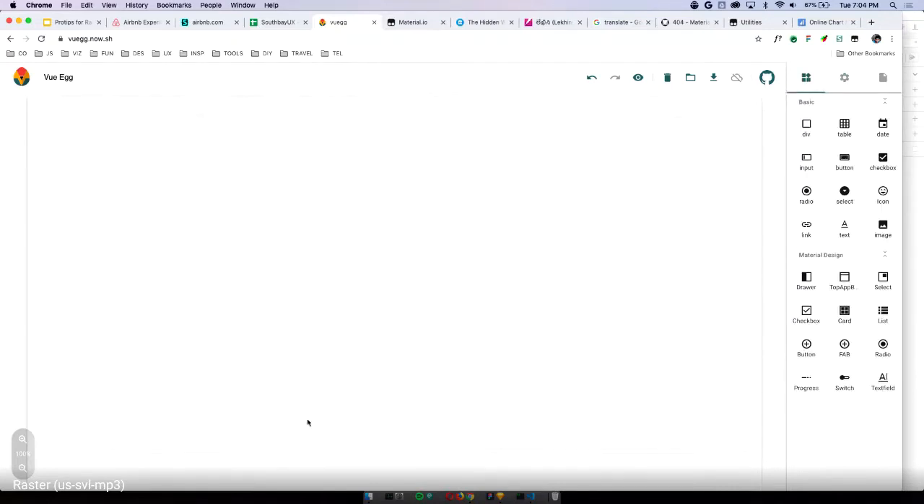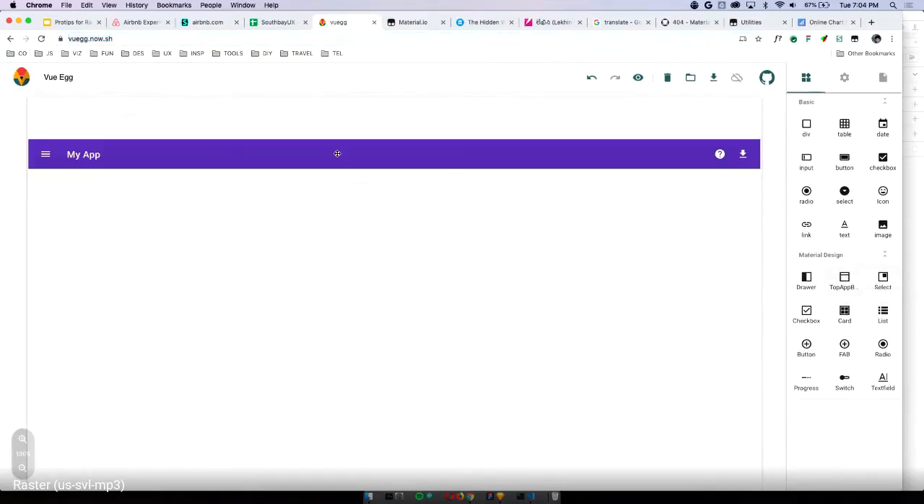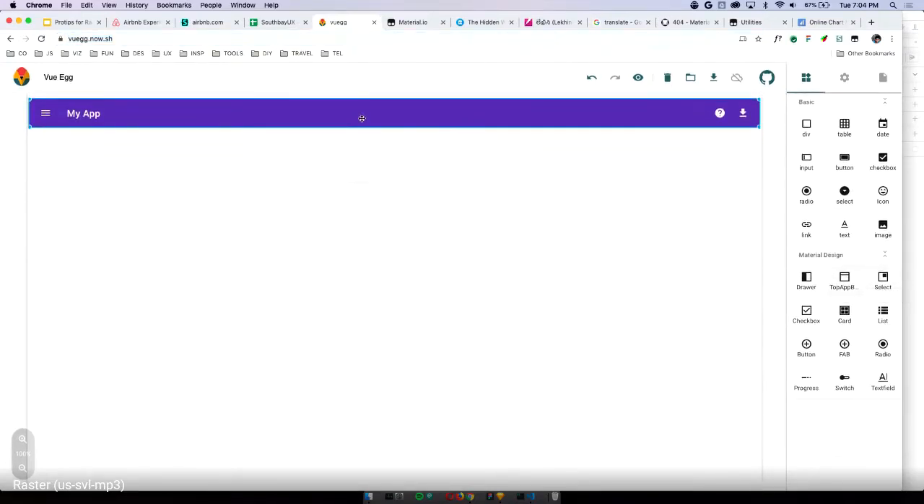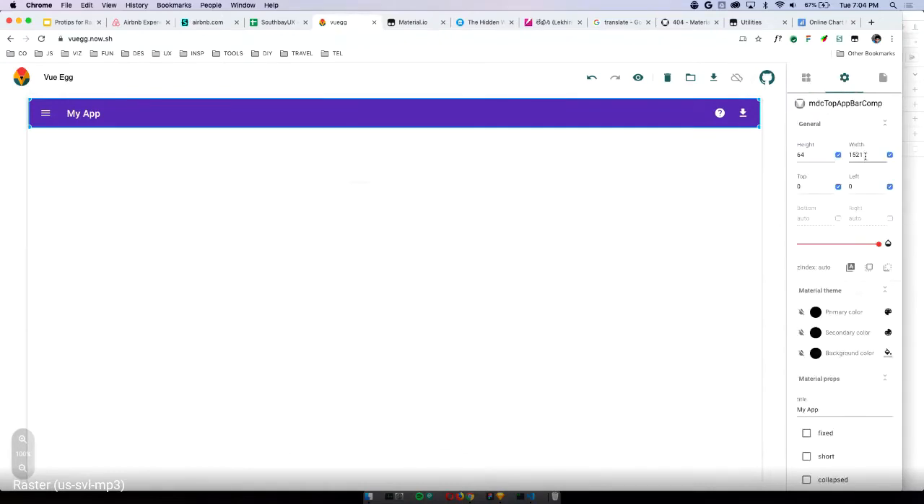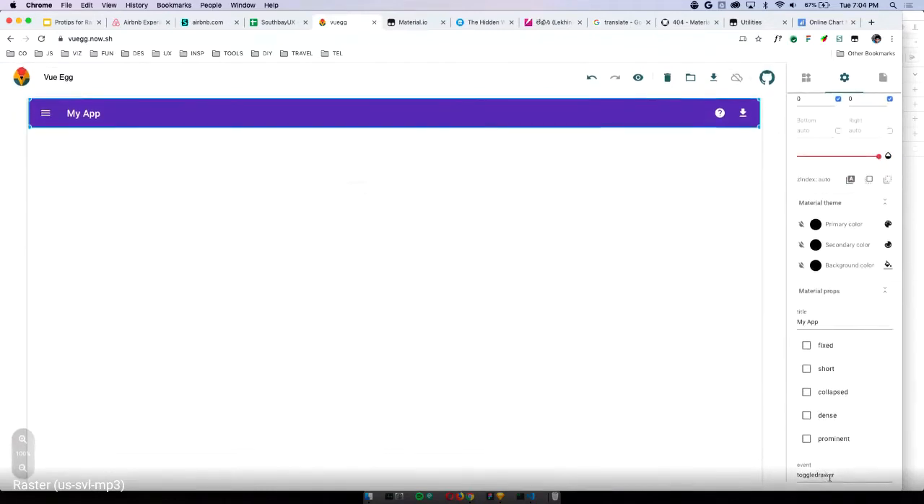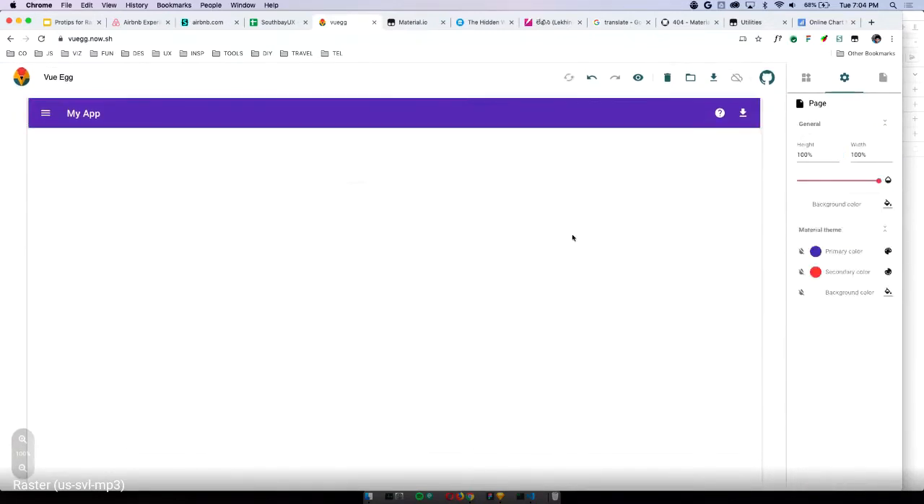Once you land on uegg.nav.sh, this is the file. It has a bunch of tools you can use. These are actual components. If I want a top bar, I can drag and drop, and it gives me a top bar. I can go to settings, this should be 100%, and I can change a bunch of things. If I preview it, you can see that